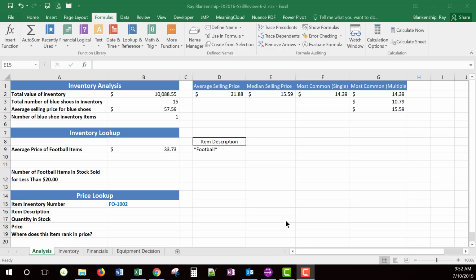Hello, and welcome back to this third part of the skill review in chapter 6. So we're beginning here with